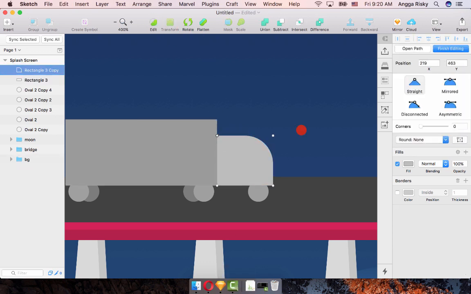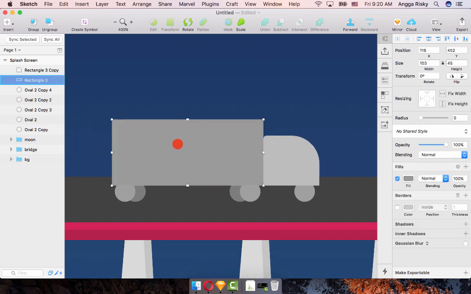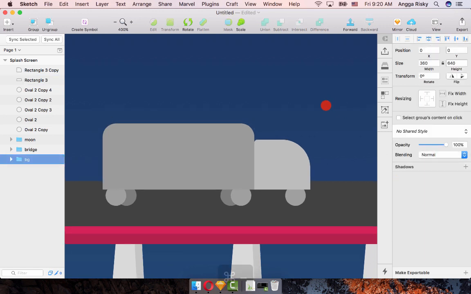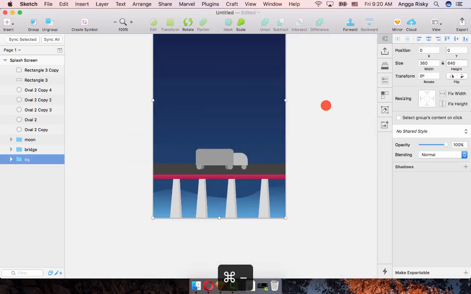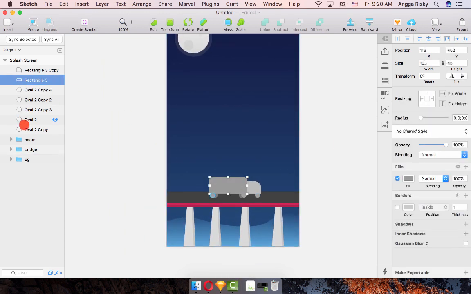I want to make it, okay, and I think we need to make it more radius, so we can set it in the corner like this. Okay, yeah, I believe that you can make it better, because I just want to show you how to